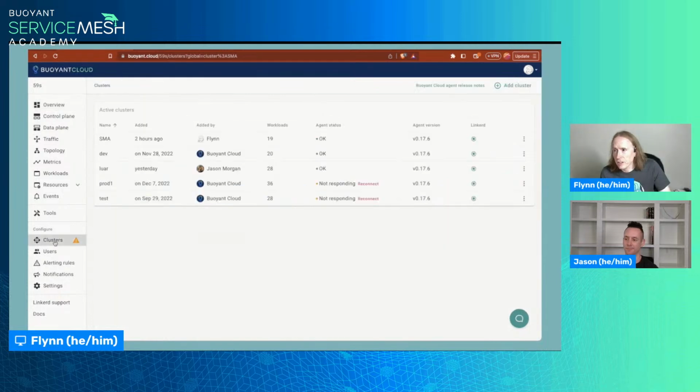We have several different clusters already linked up with Cloud, so Cloud can be watching all of these at the same time for us. I feel compelled to point out that the two that are not responding are because we deleted them. Yeah, so I guess Jason didn't actually click the remove from this thing.